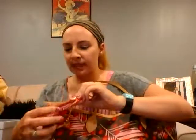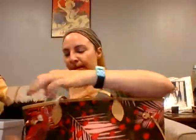And then something else I saw that I was totally jazzed about. I always look at their charms. Now I have more charms than I know what to do with, but this one I could not resist. I forget what the brand was, and I already threw out the stuff. But I got this sweet, it's attached to my bag. Let me take it off. This sweet little parrot charm goes absolutely amazingly with my new Palm Springs Sugar Pop Neverfull. And this wound up being $3